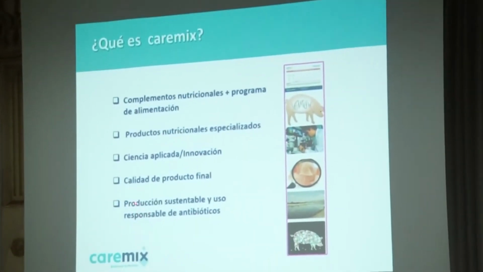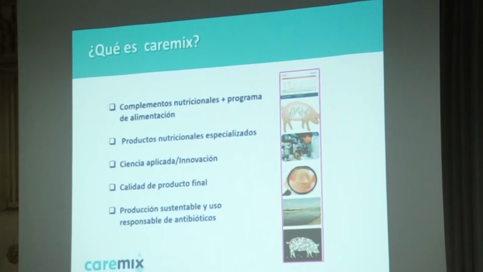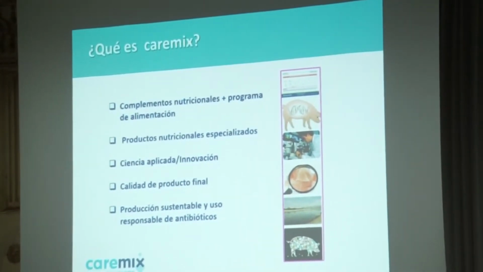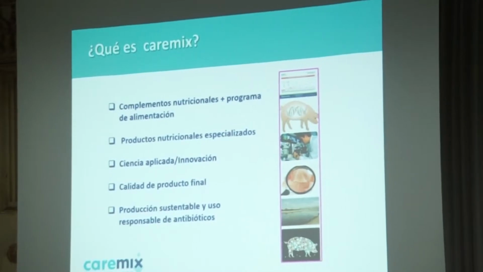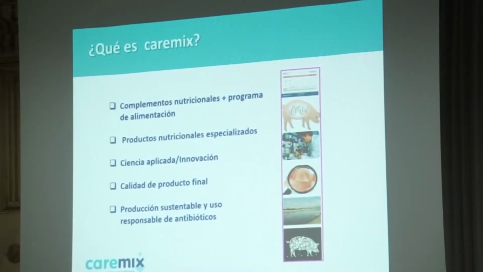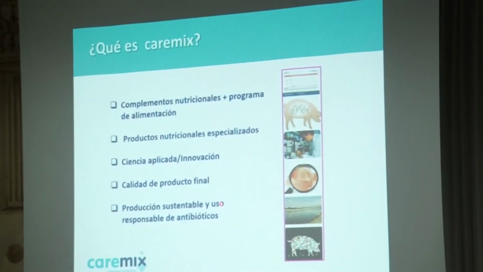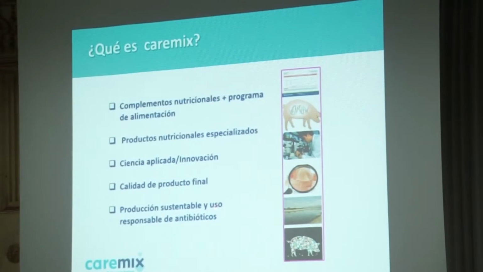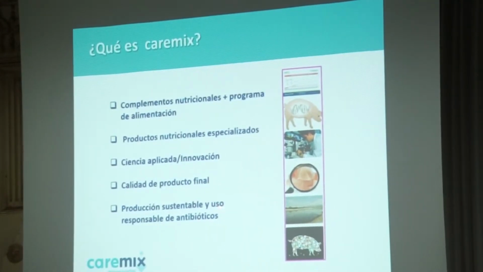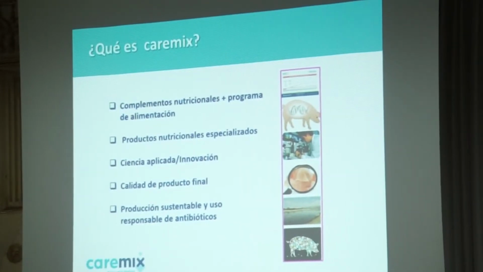Por otro lado, otro de los aspectos que se toma en cuenta es la producción sustentable. También a través de la nutrición nosotros estamos trabajando en reducir la excreción de compuestos contaminantes como es amoníaco, algunos minerales considerados como tóxicos. Y finalmente estamos trabajando en la reducción en el uso de antibióticos, y cuando se están utilizando, que se puedan estar trabajando de forma responsable.